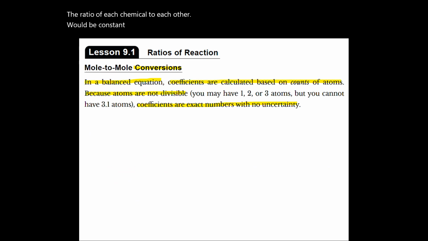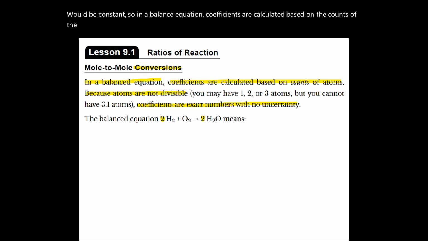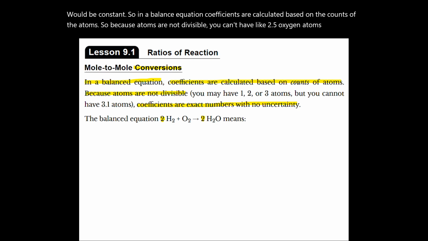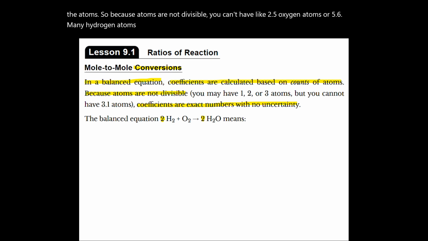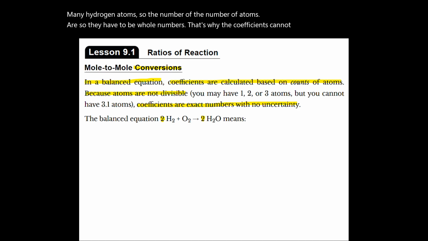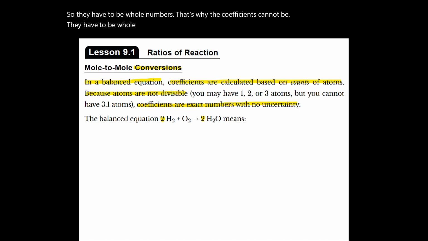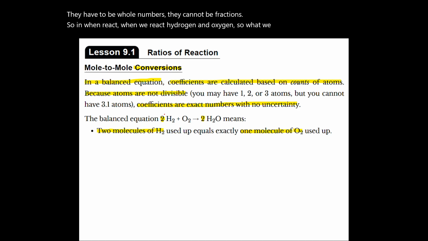In a balanced equation, coefficients are calculated based on the counts of the atoms. Because atoms are not divisible, you can't have something like 2.5 oxygen atoms or 5.6 hydrogen atoms. So the numbers of atoms are whole numbers. That's why the coefficients have to be whole numbers. They cannot be fractions. So when we react hydrogen and oxygen, after we balance it, we have: